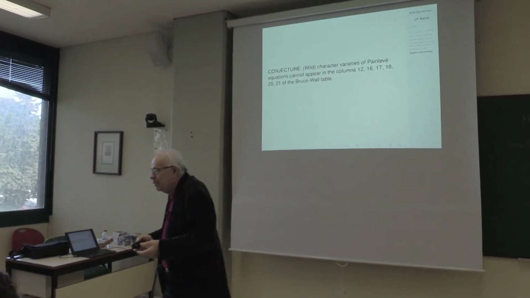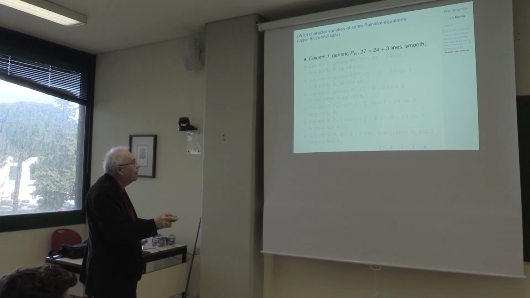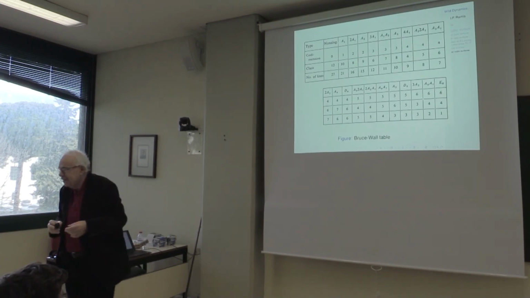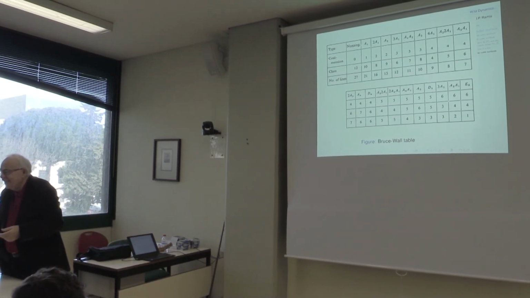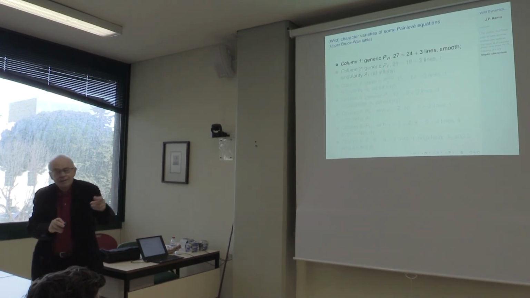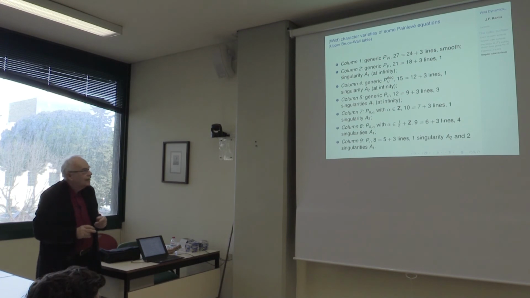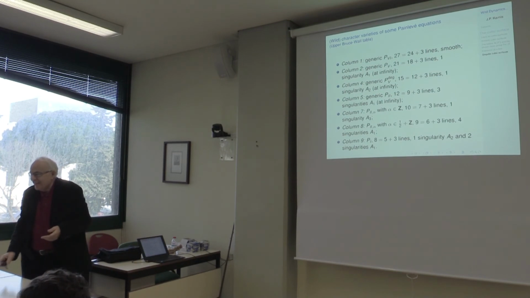Is it possible to go back to the table? Yes. This is the table. Right. So could we go back to the list of the counting of the cubics? That one, yeah. There's 5. So there's 3 lots of Painlevé 2. Yes, we have 3 Painlevé 2. And there's no Painlevé 3 or 4. Oh, we don't check. It's the same, but we don't check. Okay?